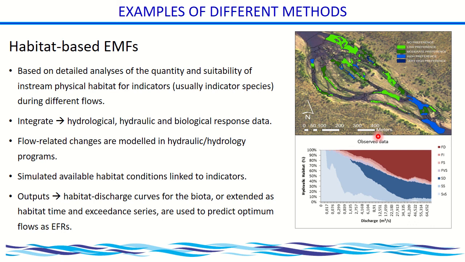Here you integrate hydrological, hydraulic, and biological response data. So I'm specifically going to look at what the requirements of some of my species are. And I've given you an example here on the top right. That is a map, which is an outcome of an assessment where we took one of those small catfishes. The groups who were with me yesterday in the Crocodile River found one of the small rare catfishes that I told you is quite rare. That is the habitat requirements, preferences for that species in the Olifants River. It occurs in the Olifants River as well.